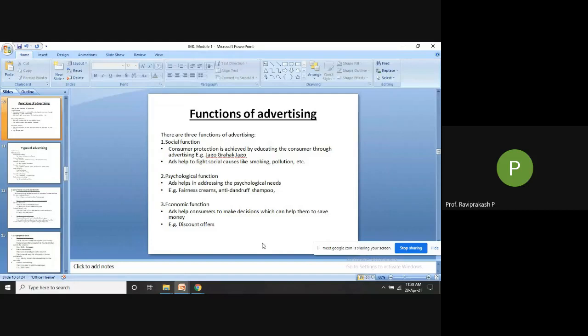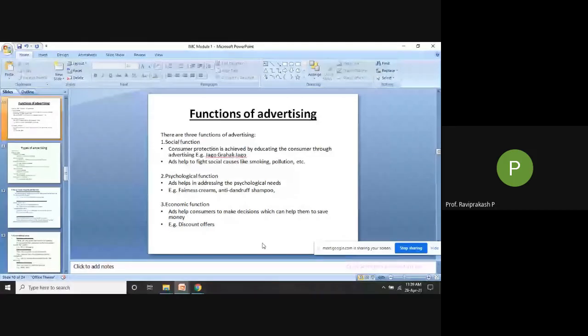So these are all economic functions where customers benefit by buying your product economically. It could be in the form of discounts, gifts, or bundled products. Like if you buy these two products, you get them at this particular price. If you buy this many, you get this price. So it is economical for both the seller and the buyer, because the seller sells more and gets profit, and the buyer buys at a lesser price.